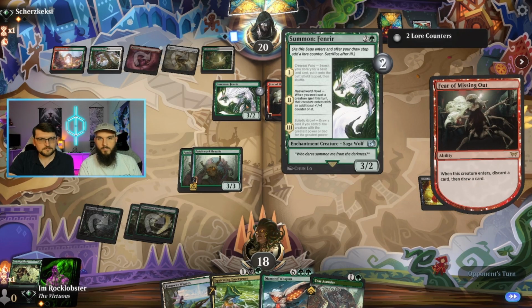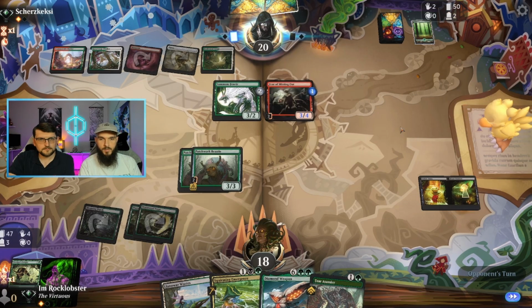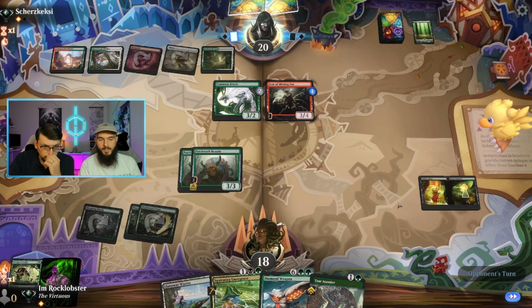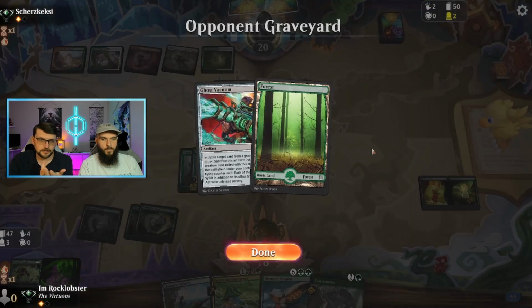Card a card. What are you going to ditch? A forest. Okay, well, luckily they only have 2 cards in their hand. I think they kept a good, solid hand against our graveyard. I think they really wanted to live on Ghost Vacuum. Yeah, they kept off of Ghost Vacuum, and then they just had a functional hand past that